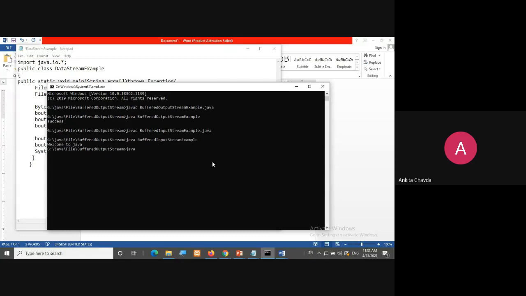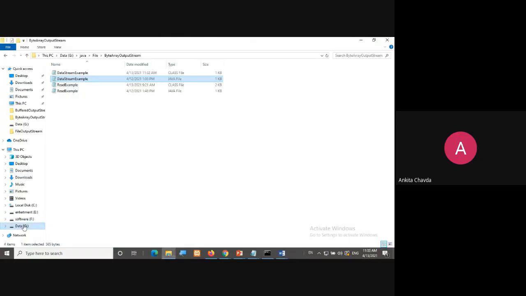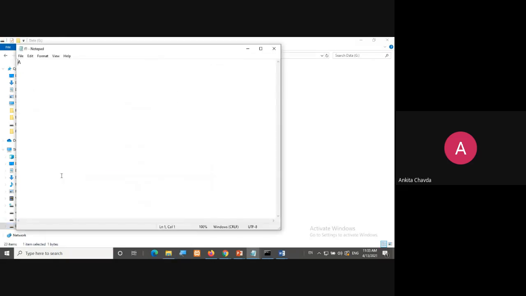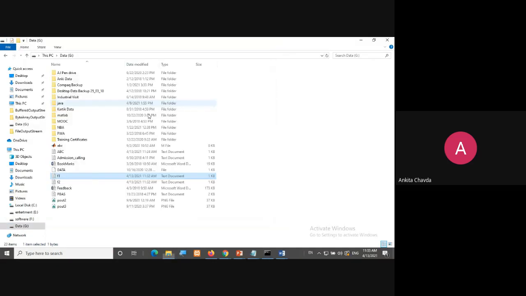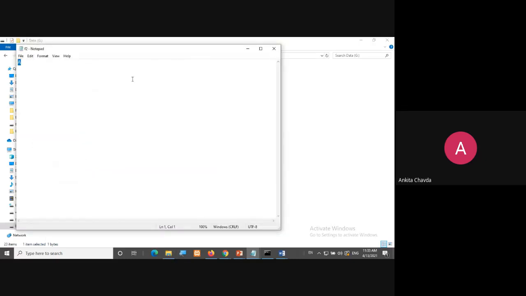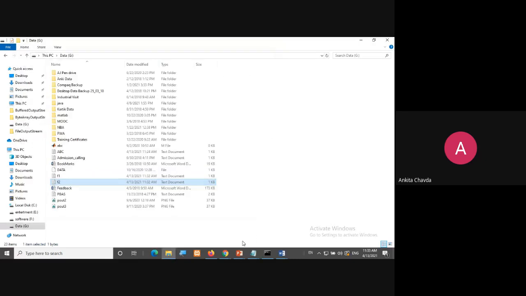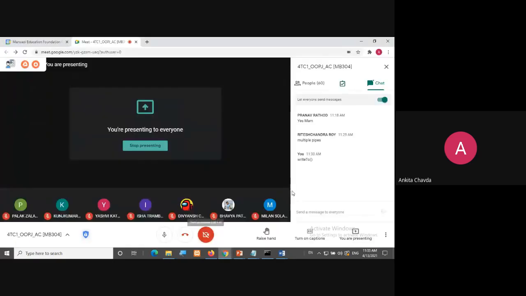So, compiling this program, and when I run this, in the G drive I'll have this F1 and F2 file. In F1 also I have A, in F2 also I have A. Now you get it: when we need some common data to write into multiple files, at that time we can use this. Okay, clear? Fine.